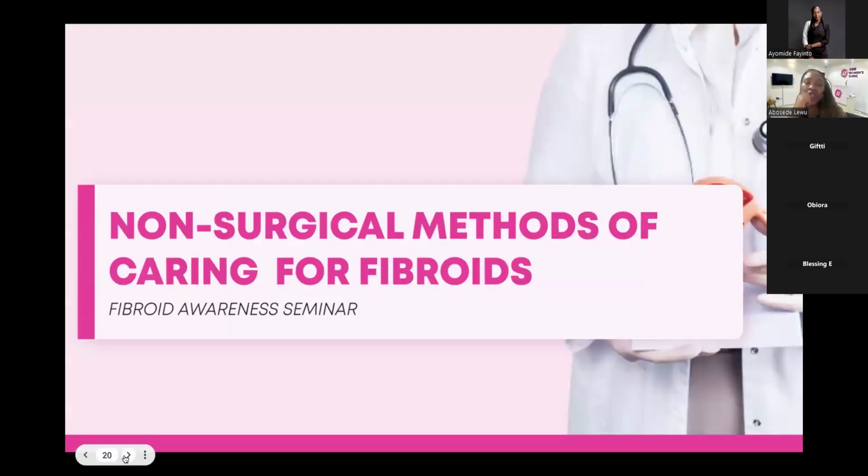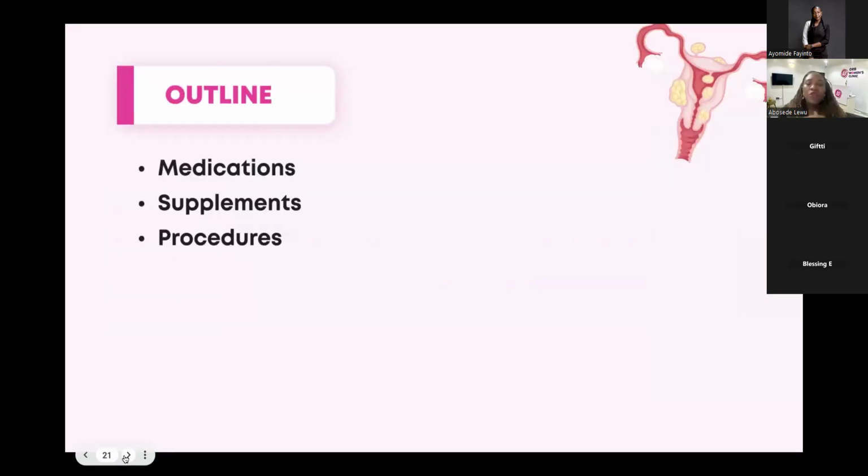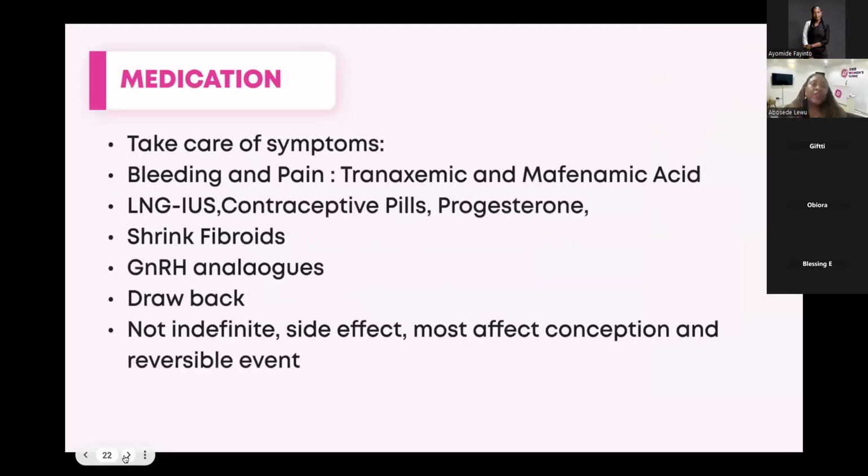It's also important to shed light on non-surgical methods of caring for fibroids. When we've talked about lifestyle modification, we also talk about medications. Sometimes the medications don't cure the fibroid. They simply take care of the symptoms. So if you are bleeding and you're having pain, they can put you on tranexamic acid, mefenamic acid, just things to help you. Sometimes we put you on